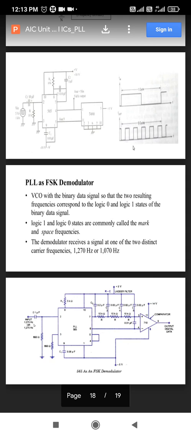After that, the necessary associated circuitry is connected where the op amp is used. The op amp is used for comparison purpose here. For the demodulator circuit the comparison is needed, because for getting the demodulated output we have to compare the FSK signal with the carrier signal. Then you can get the demodulated output, that is the binary signal.